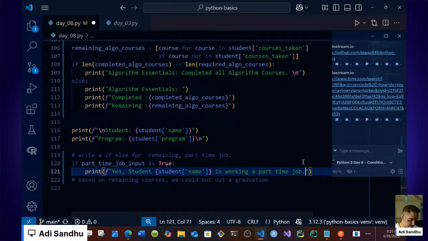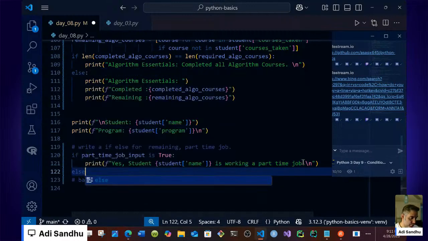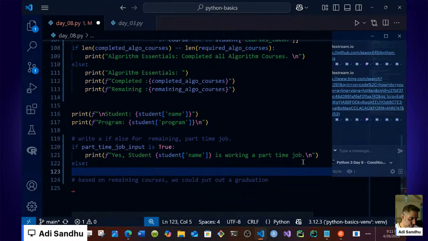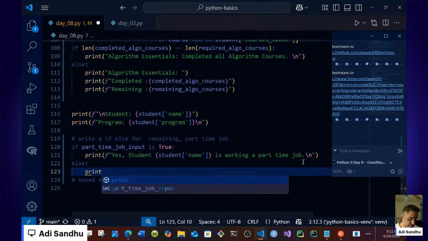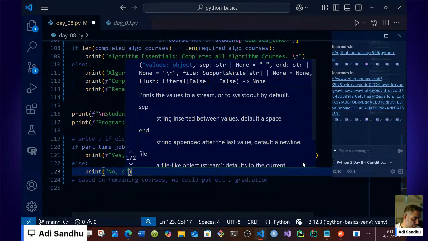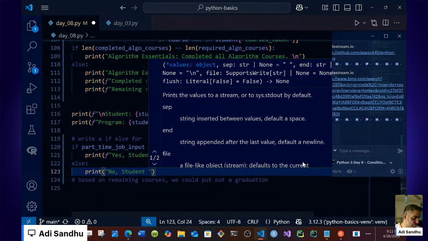Full stop. Else false. So we would say print no student